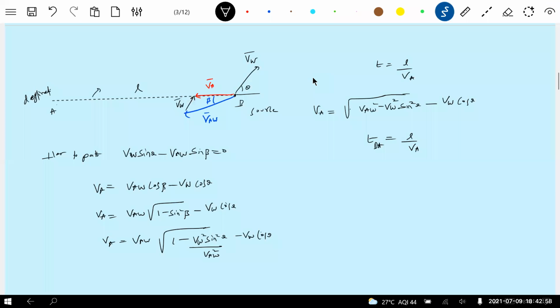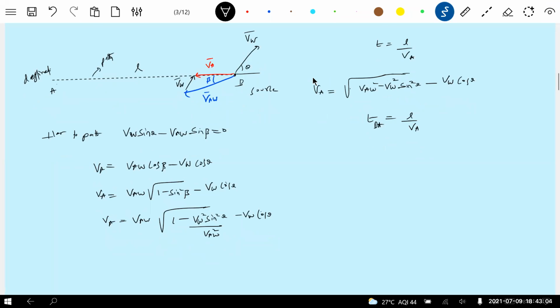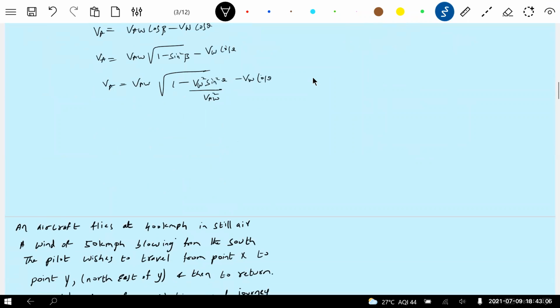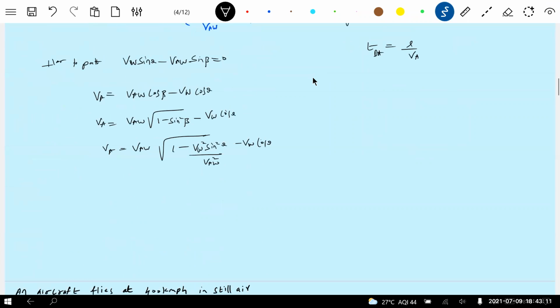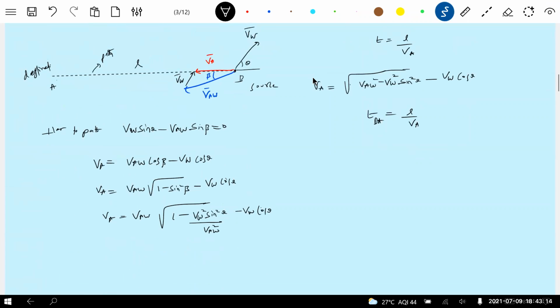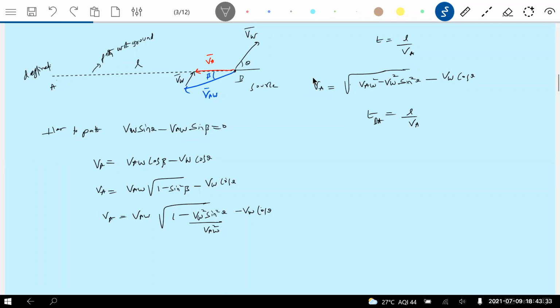This you write as path. We'll take one numerical so that it'll be easy for you. Path means it is with respect to ground. Some are asking, sir, with respect to what? Path is with respect to ground only. Whenever I say path, it is with respect to ground, because when I say source and destination, where will the source and destination lie? They will lie on the ground only. So I need not mention it. I'll put it in brackets so that everyone can see.